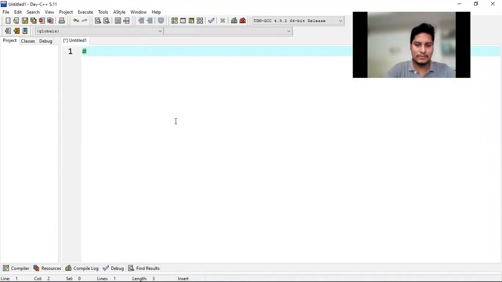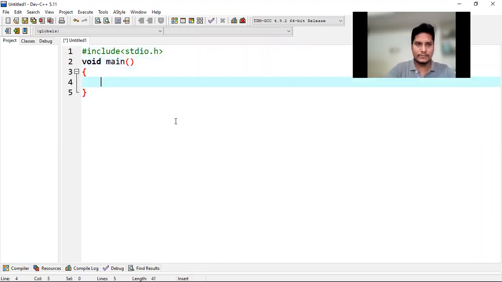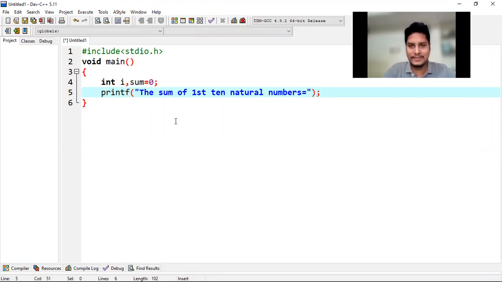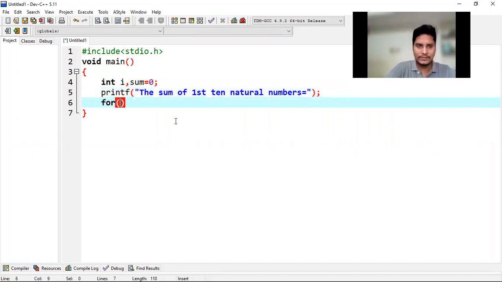Now #include <stdio.h>, next void main, next int i, sum = 0; printf within double quotation the sum of first 10 natural numbers is equal to, double quotation end, semicolon. And for i = 1; i <= 10; i++.